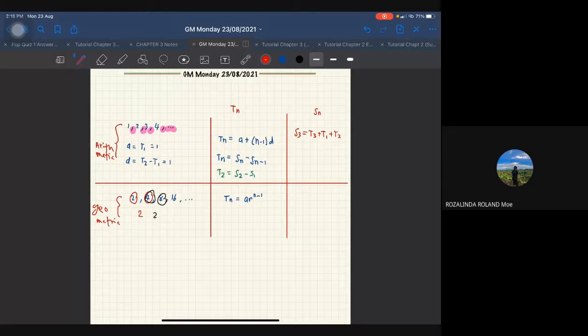Tapi kalau contohlah soalan tu minta awak cari S100, takkanlah awak nak buat satu-satu kan? T1 tambah sampai 100. Okay, so kita ada satu formula lain untuk kita cari sum of the term. So untuk arithmetic, formula dia adalah